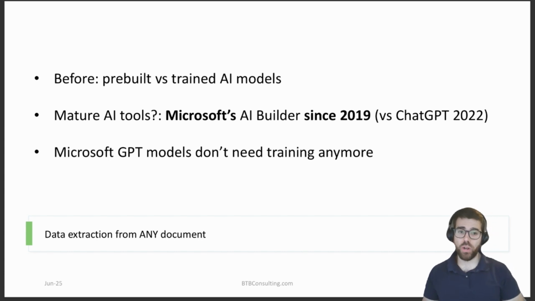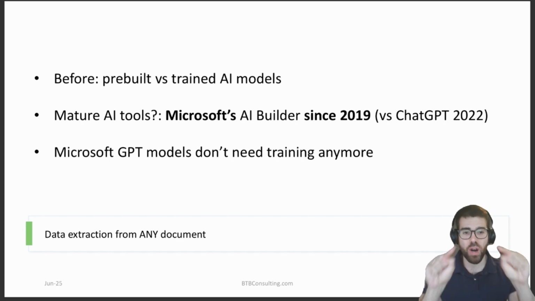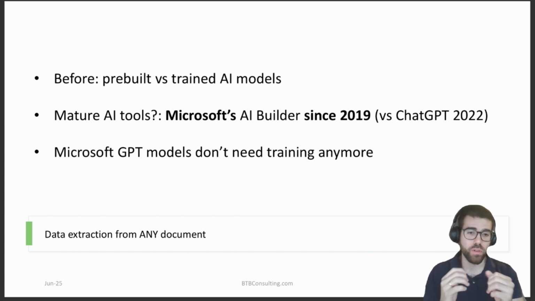Tech has changed a lot during the last year, and before all the newest AI models, what Microsoft offered for developers using the Power Platform was some models that were pre-trained by Microsoft, but also the capability to train our own AI models. This means that we could use some models without training and inputting any data, and others needed a more tedious process of drawing boxes in the document where you were telling the AI, here, these are, for example, the invoice line items, or here's the client data. And this was pretty tedious. Mark my words, it was.